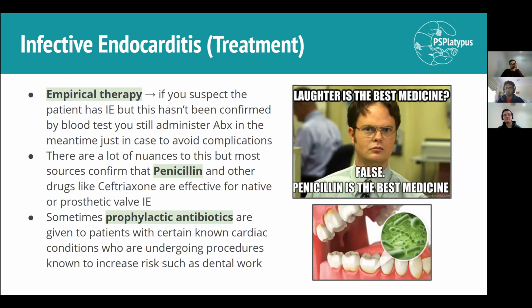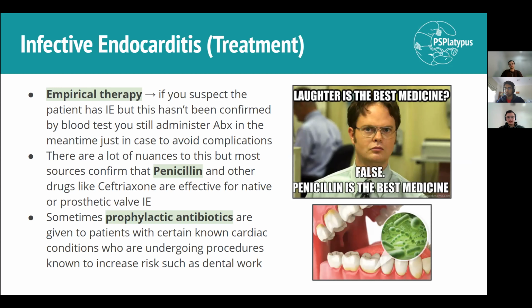And in the meantime, your patient's prognosis could be getting worse and worse because the vegetations are growing, and there's the chance of them flicking off into different organs and causing an embolus. So in the meantime, you can give your patient antibiotics to ensure that they don't get any of those end organ complications. Now, I did a lot of digging, and your lecturer goes into a couple of different medications,